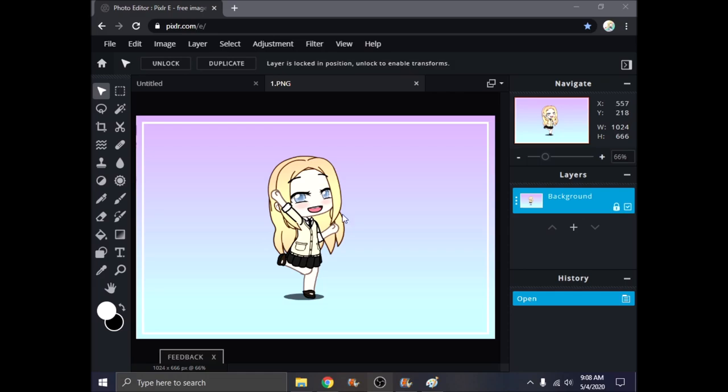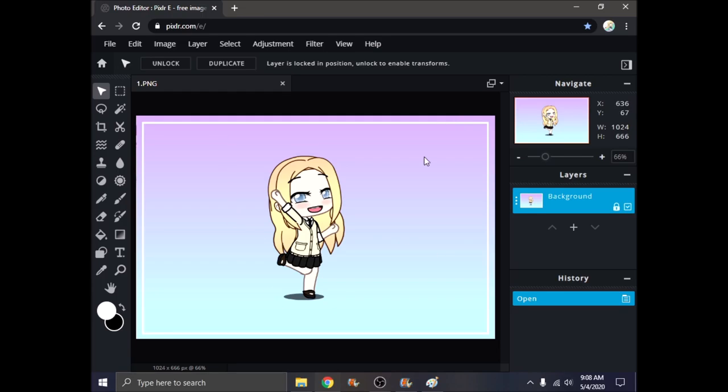This is the picture that I've chosen to start with. I know there's a way for you to put this little border in, and I can't remember how. I wish I did, because then you can put a 3D shadow on it, which would have looked super cool, but you live and you learn. Anyway,